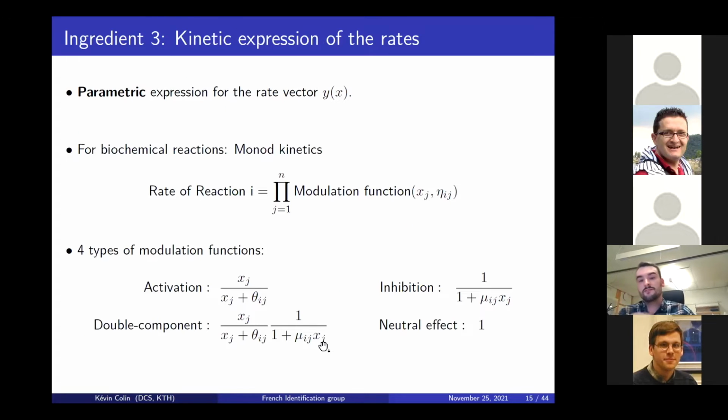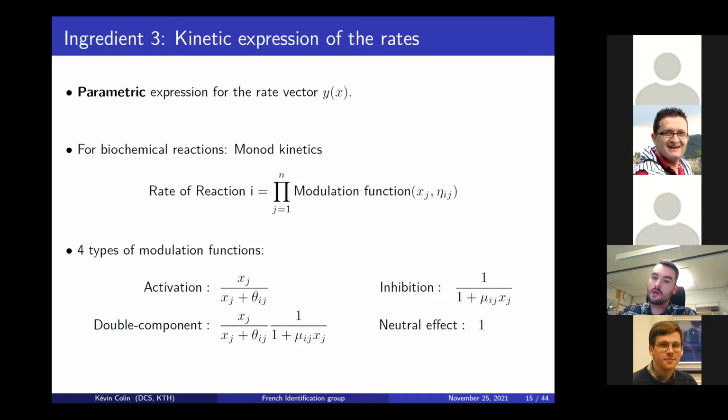And for the rates, this is where the identification comes, because what we are going to do is consider a parametric expression for the rate vector. So each entry of this vector will be modeled with a parametric expression depending on the concentration inside the bioreactor. And here for biochemical reactions, the type of kinetics we consider, so the parametric expression we consider, are called